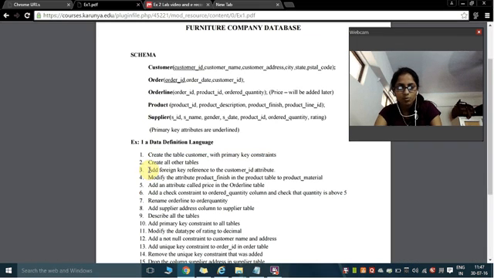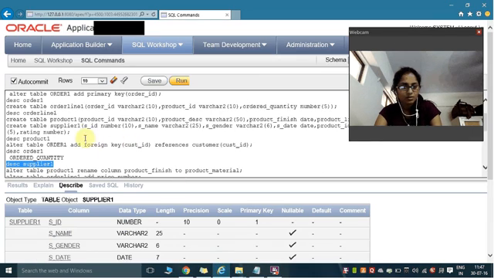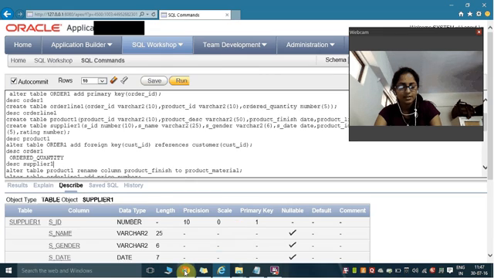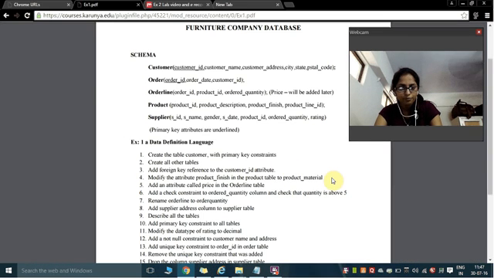Then third question is add foreign key references to customer ID attributes. Here I added the foreign key. The attribute used is customer ID with references customer table, and attribute used is customer ID. Then my fourth question is